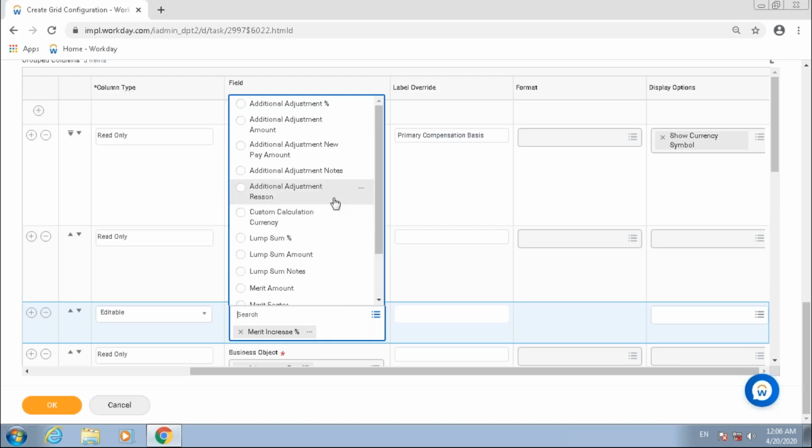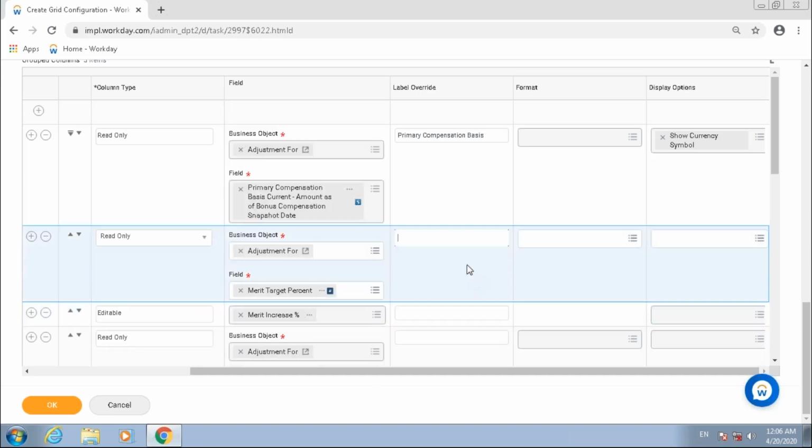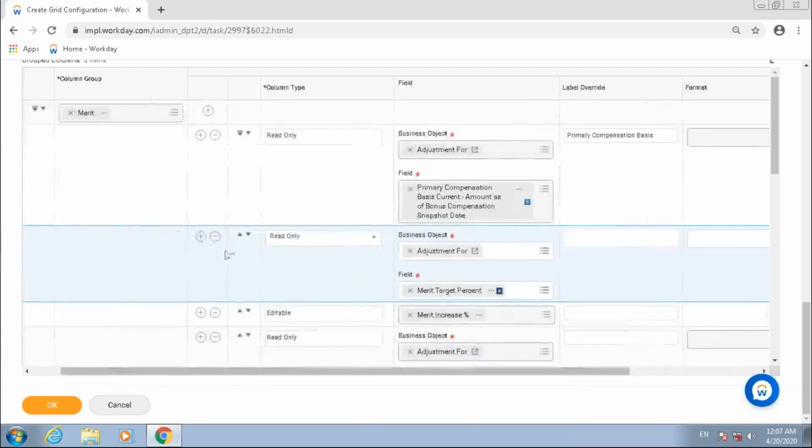Right? These fields, just like on your report, if you have any Workday delivered fields, you can use them. If you have any calculated fields on that business object, again you can use them, right? Again, exactly the same concept here. So just like on my advanced report, I'll select a field. Similarly, I select a business object. Now every time I add a new field, so if I click on this plus icon over here within, if you see, the merit column group,